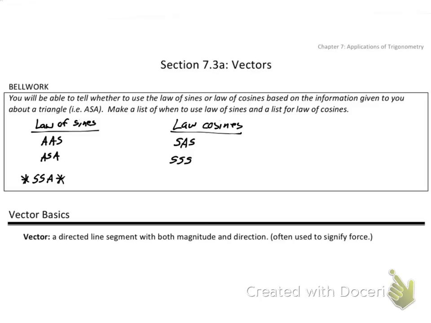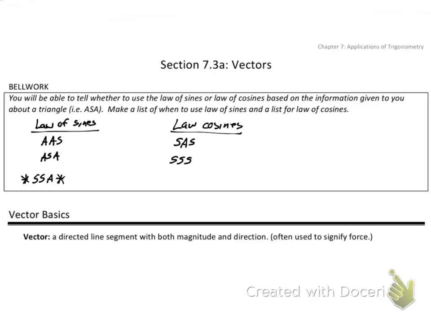So that section on the test, you should have this memorized, so you're not spending the whole time trying the law of cosines and figuring out you don't have enough information to fill something in, and then going to the law of sines and trying that out. So when I give you the triangle, just figure out which one you have, and I'll tell you which one to go to. Remember, law of cosines, I actually gave you two possibilities, but it all boils down to that